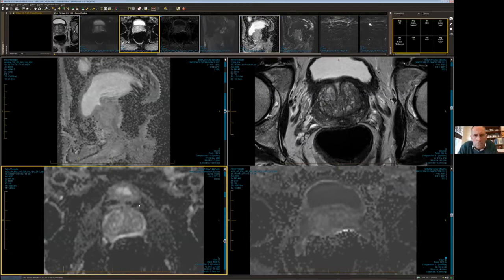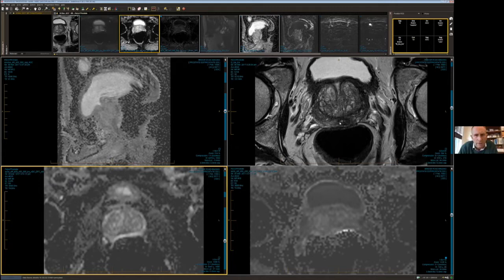Richard? In retrospect, I can't see anything here. I think it is worth a little bit of a discussion. We basically find it's abnormal, we measure cell density essentially. I think that's what you're getting to, isn't it, Andrew? Yep. So, Richard, if you can just scroll a little bit closer towards the apex, because on the T2s, mainly